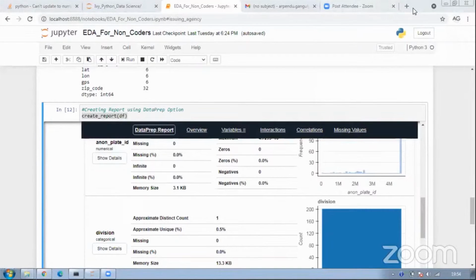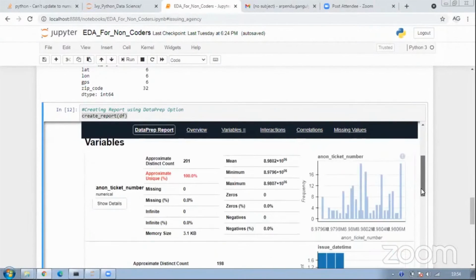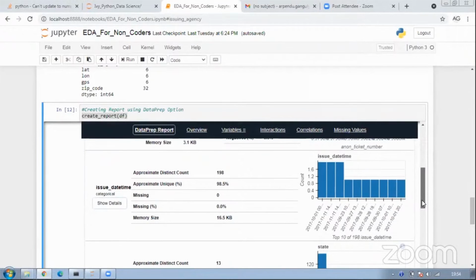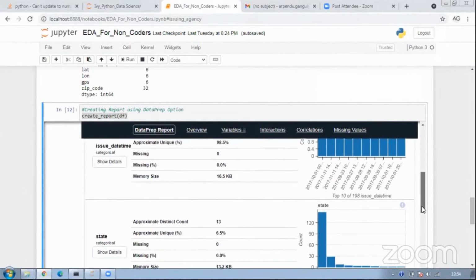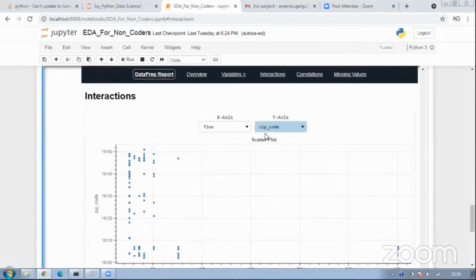Any other questions, guys? I hope you were able to consume all of the features that we have as a part of this data prep, and also relate it to what I meant about not just reporting the variables or the numbers themselves, but trying to tell something. For example, the one we saw through the interactions, using the relationship between fine and zip code, right? This is the kind of insight which you need to distill out and then present to either the client or your team. So this is the kind of insight you should always focus upon.